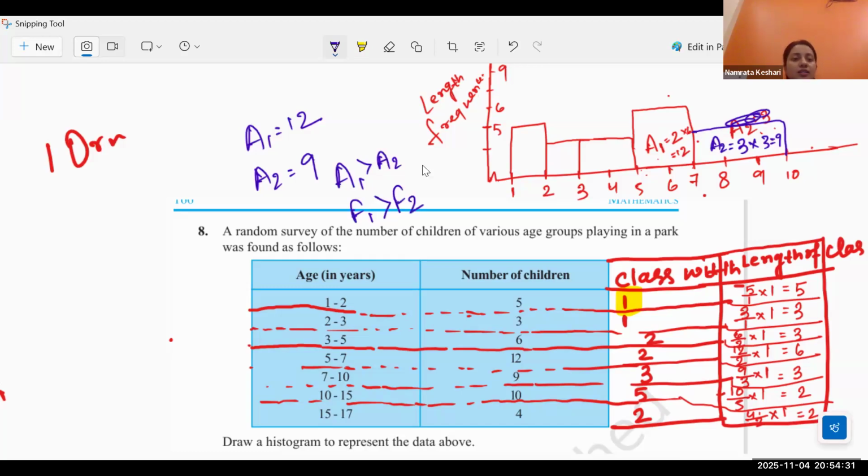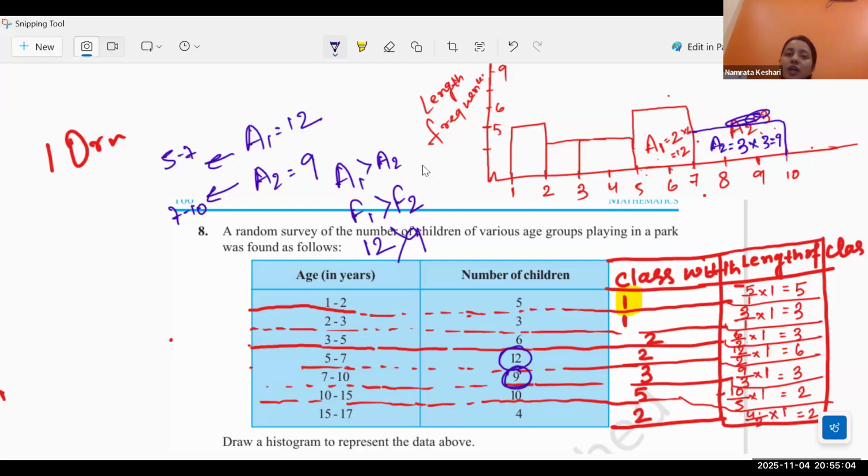You can check, is it behaving in this manner? Area 1 is the interval 5 to 7, and this is the interval 7 to 10. For 5 to 7 the frequency was 12, and for 7 to 10 the frequency is 9, so 12 is bigger. Making sense? Yes, ma'am. Area proportional to frequency now gets validated because we have performed this extra step,